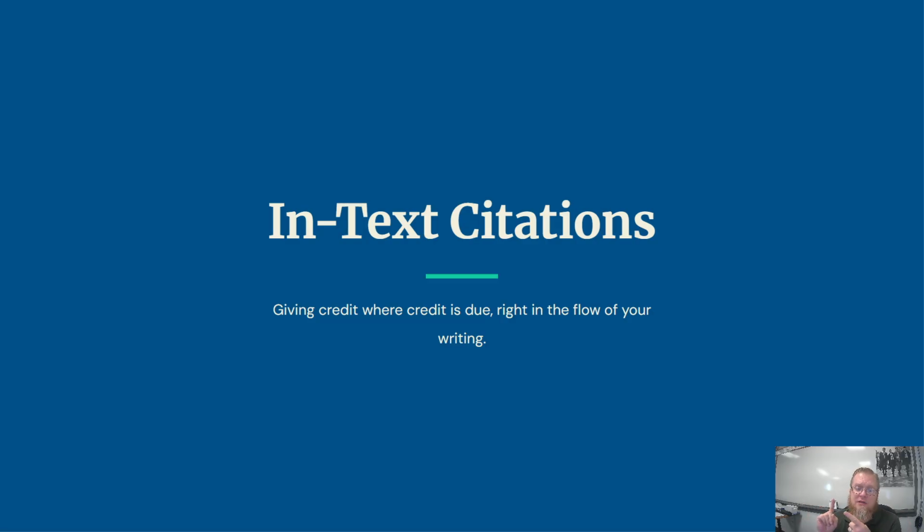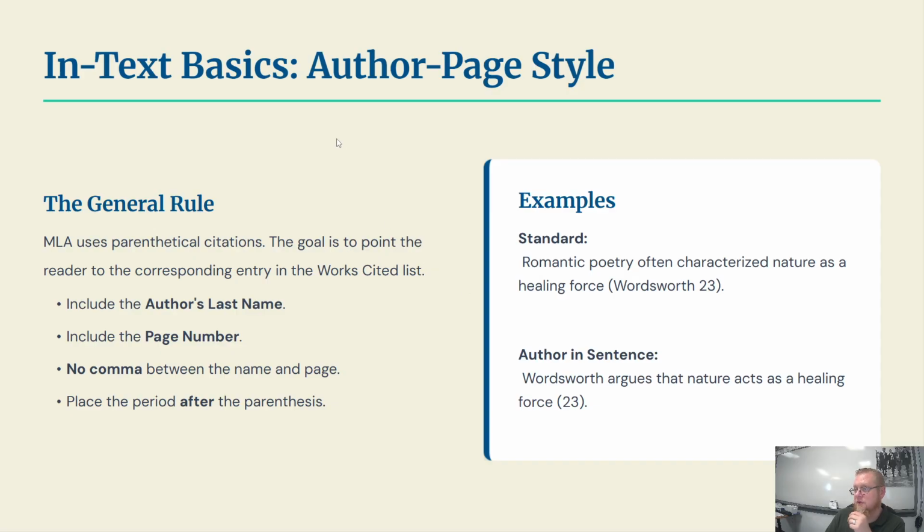But you also need to use an in-text citation if you paraphrase it. If you put it in your own words, but it's their idea, you still cite it. If you summarize what the source says, you still need to cite it. Okay, just make sure you cite. You can't overdo it. If you think it might come from somewhere else besides between your two ears and your brain, then you need to cite where you got it from. Okay, so as a general rule,